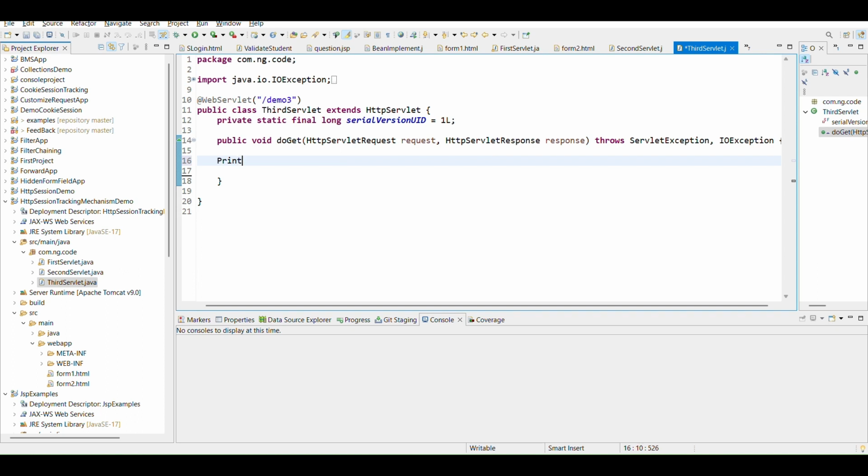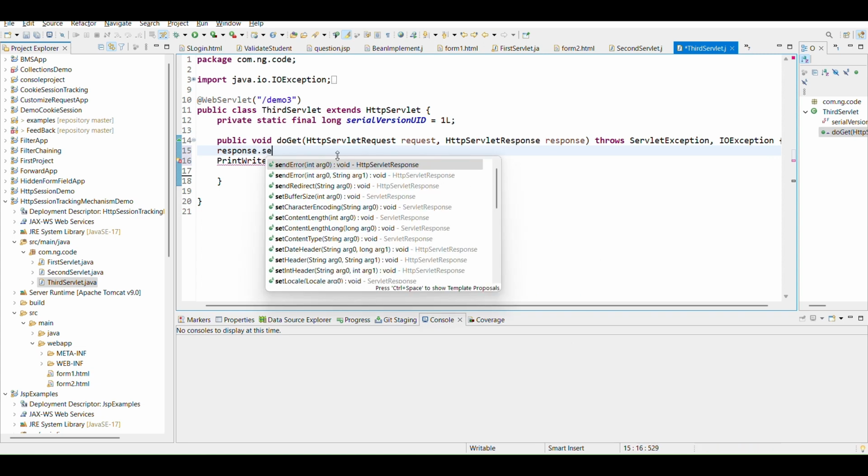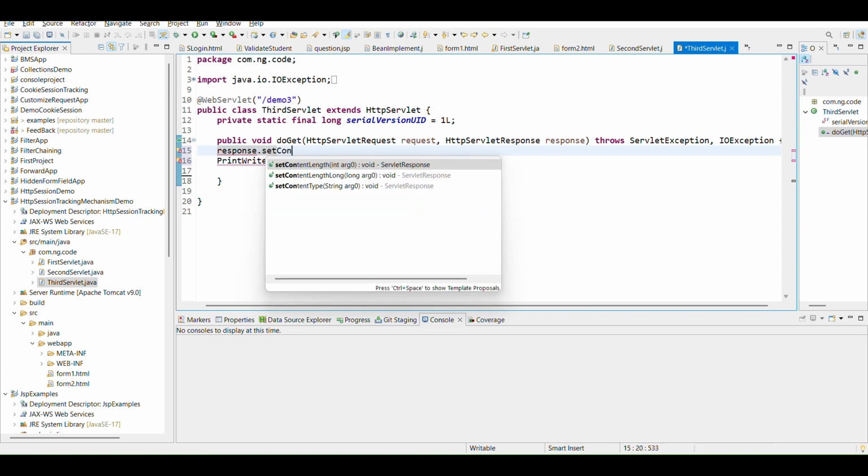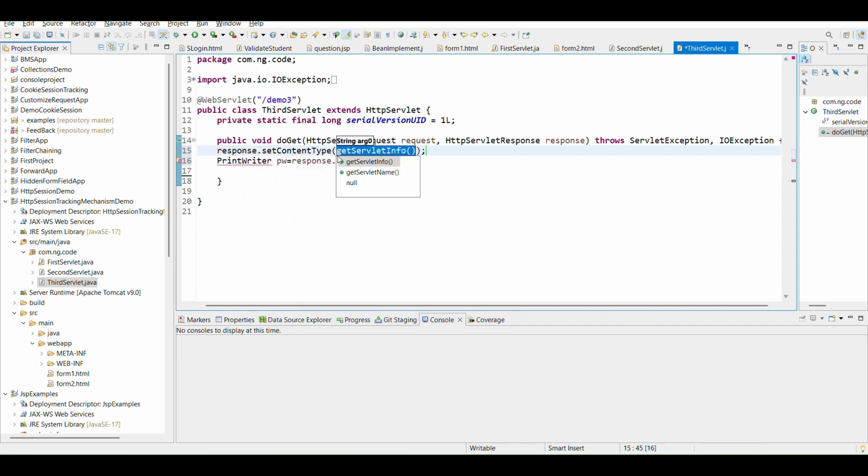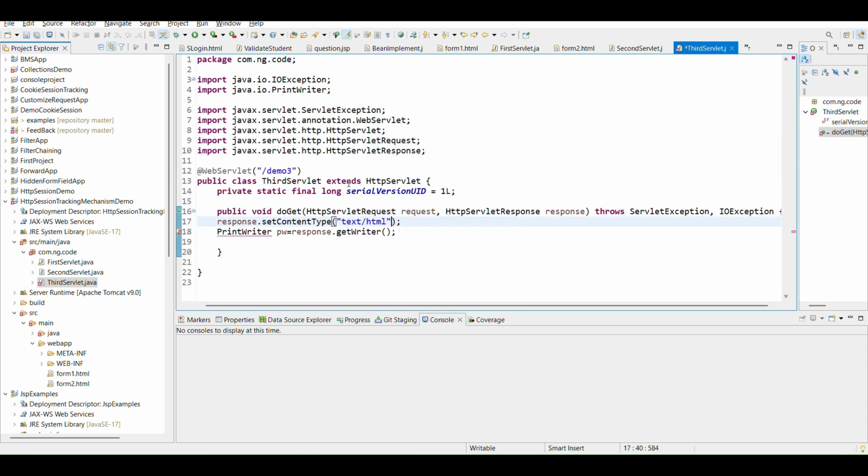Now I will create a PrintWriter object. Before that, response.setContentType("text/html"). Now PrintWriter we need to import from the IO package. So after that